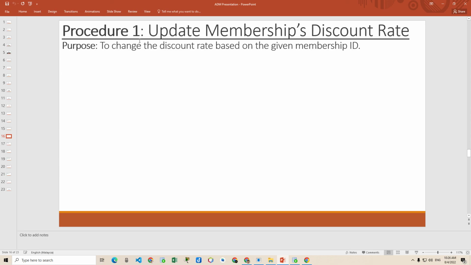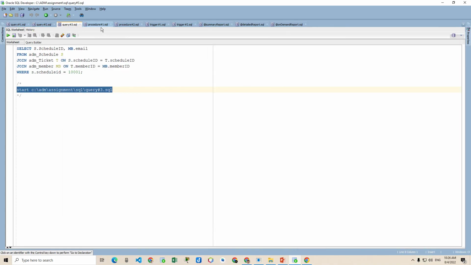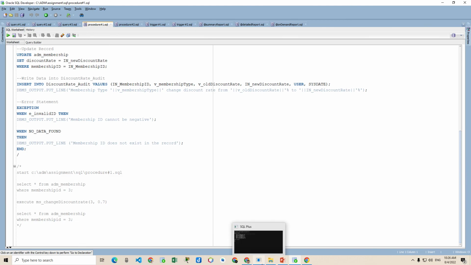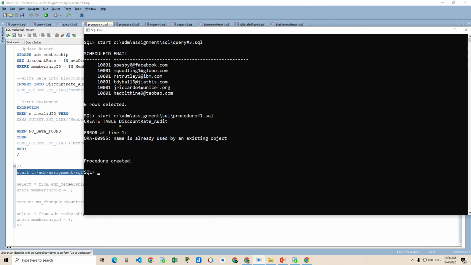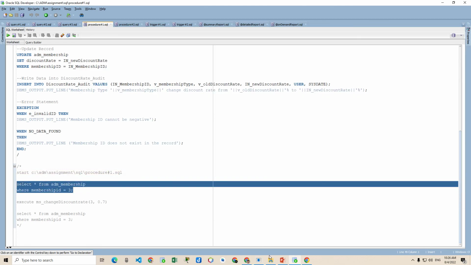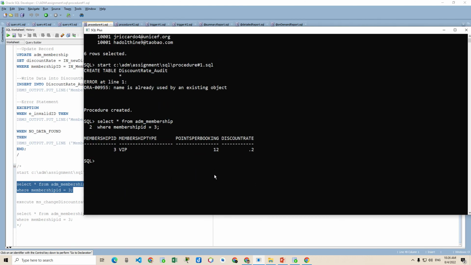And we proceed to the first procedure, which is to update the membership's discount rate. The purpose is to change the discount rate based on the given membership ID. First I need to start the procedure. Okay, the table already exists. If we check the discount rate, currently it's 0.2. So if we execute this line,